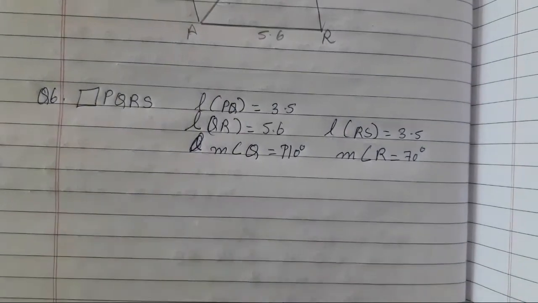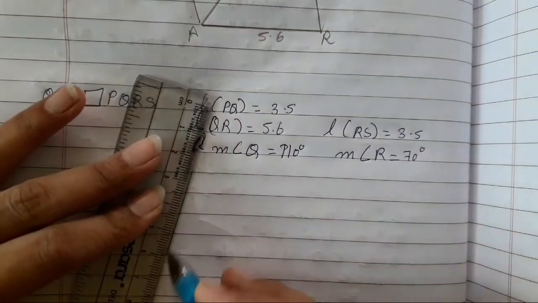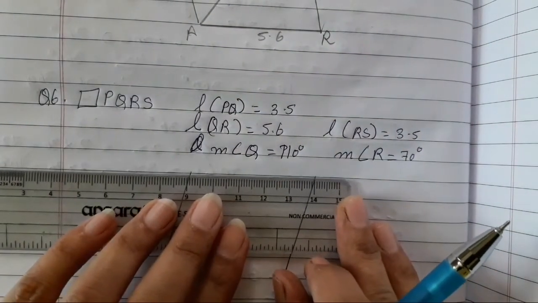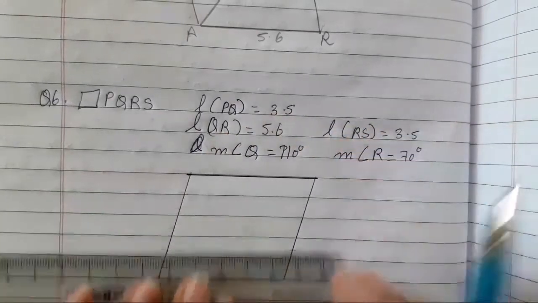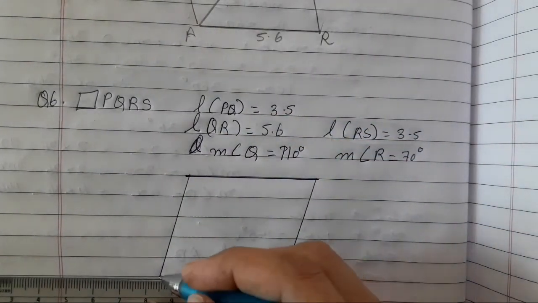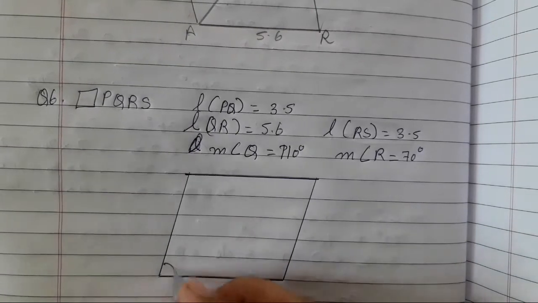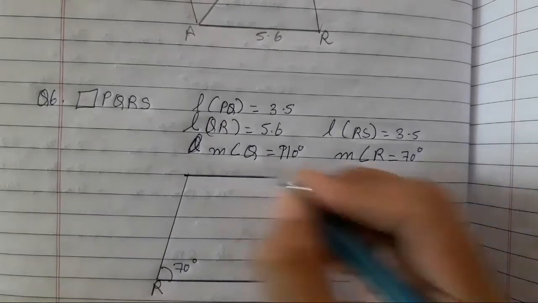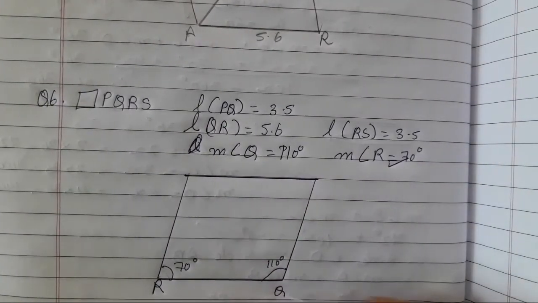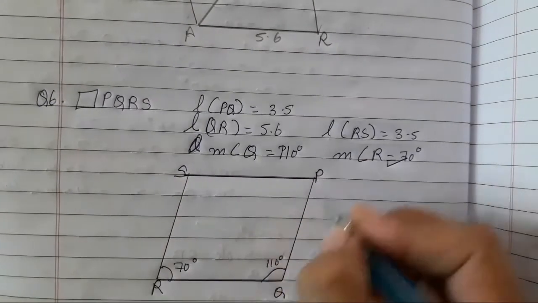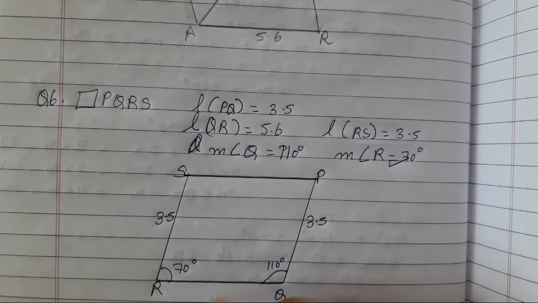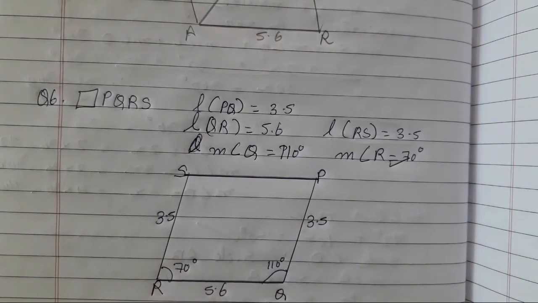Now first we will draw the rough figure. So this is what is going to be our rough figure for the given measurements. A rough figure is necessary, as I explained in yesterday's construction chapter also; it is compulsory. 70 degree, 110 degree, this is supposed to be my R, this is supposed to be my Q, then S, P, 3.5, 3.5, and this was 5.6. Our rough figure is ready. Let's draw the fair one.